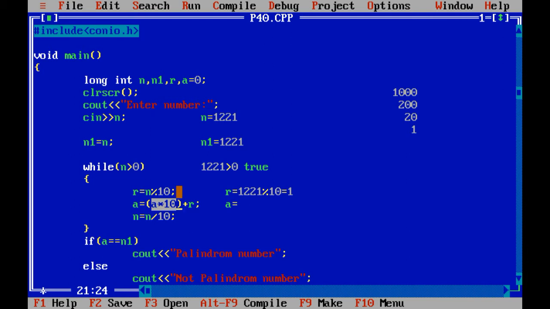Now the question raised over here, as I have told you in our previous 2 videos, is that for multiplication don't use 0. For multiplication the standard value is 1, and for addition or subtraction you just need to initialize the variable with 0, right? But right now we are going to perform multiplication.